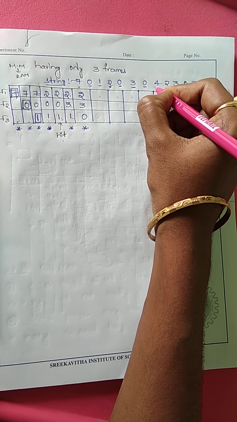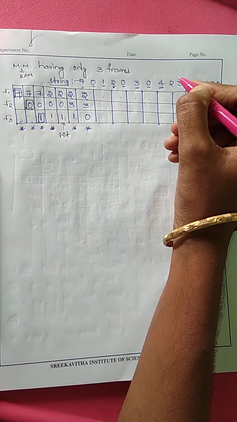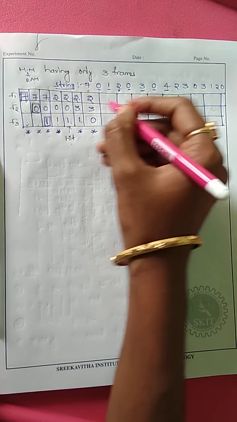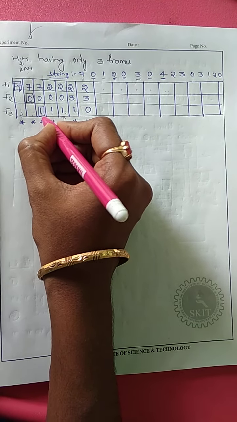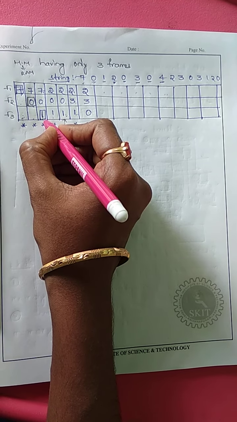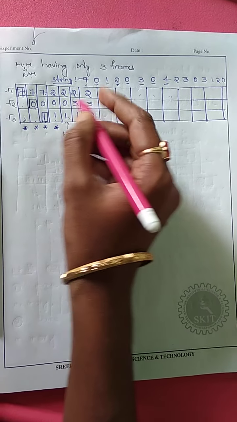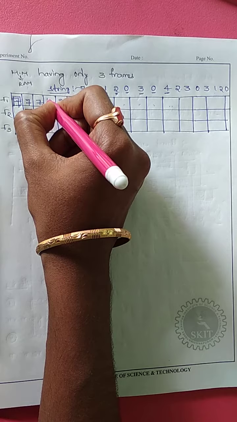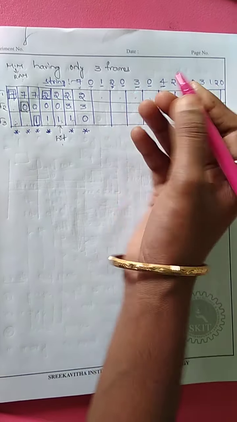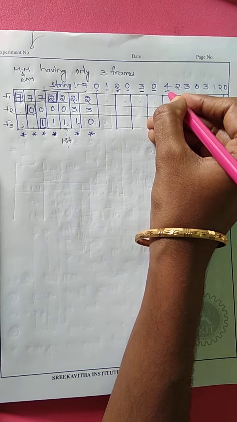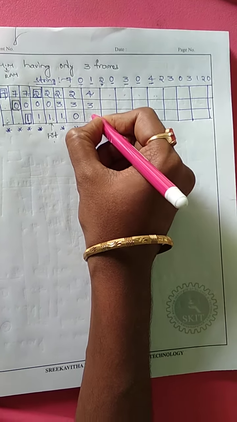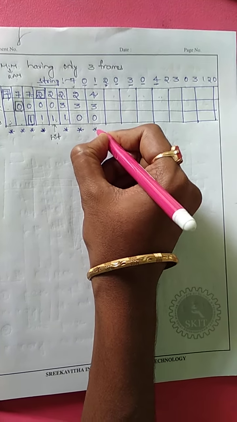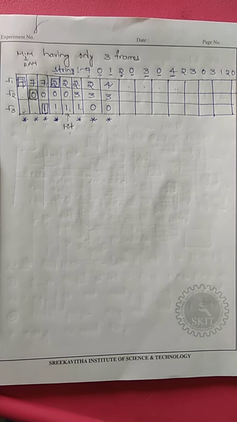So, the next page is 4. Which one do you need to replace here? What's the next one, the one used for the longest time? The next one is 2. So, 2 will be replaced with 4. 4, 3 and 0. So, this is also a page fault.